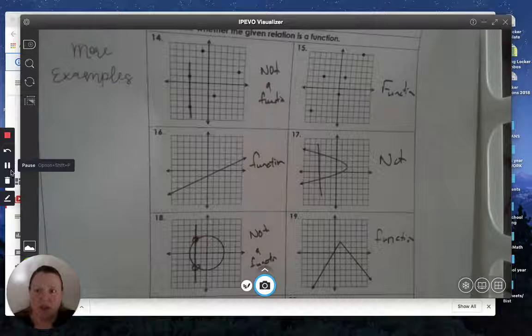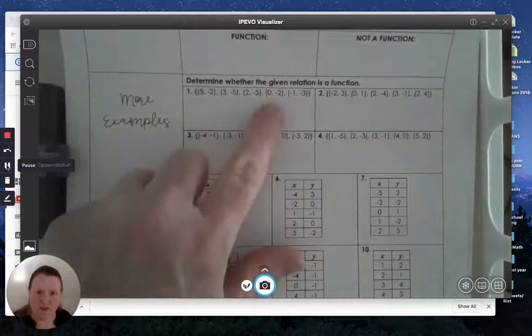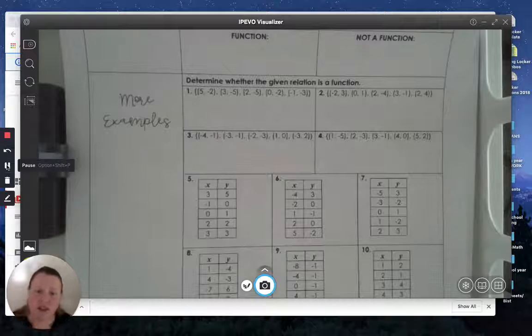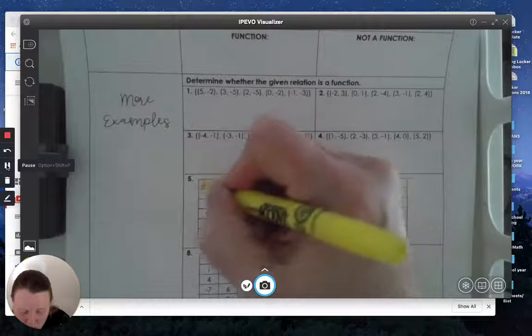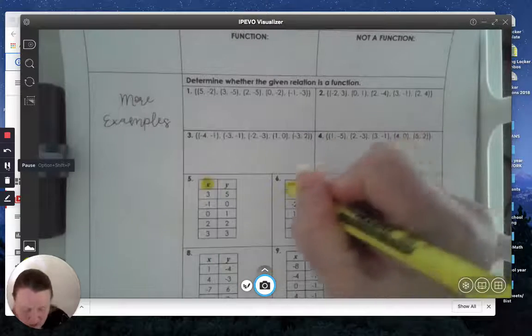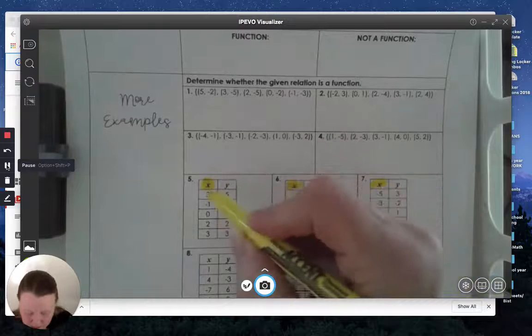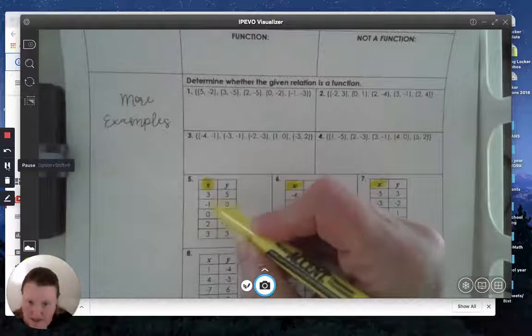Now let me switch the page. So now let's try some ordered pairs. Whether that be in ordered pair format or in a table format, what we're doing is looking for repeats. So the easiest way is to probably take your highlighter. And remember we talked about the fact that I'm only worried about the x's. The x's are the only ones that are a problem. So if I go down here and look for any repeated x's: